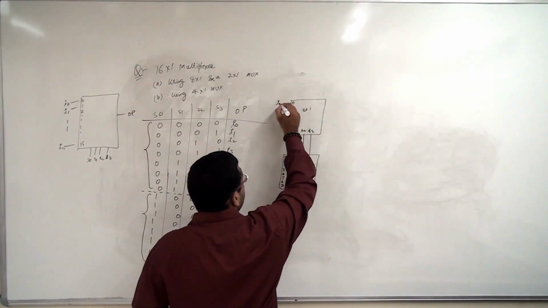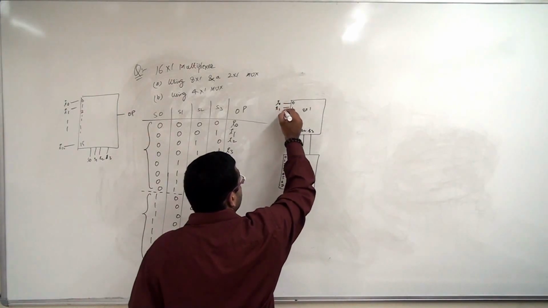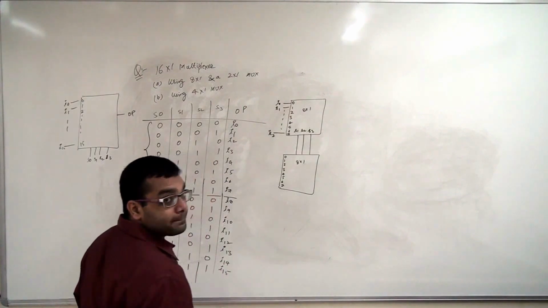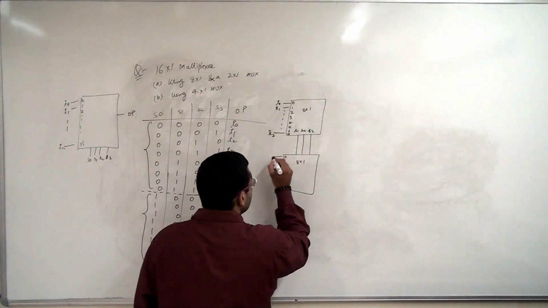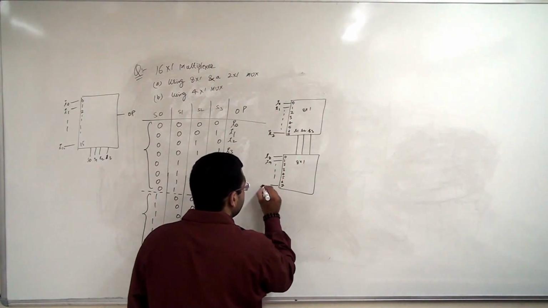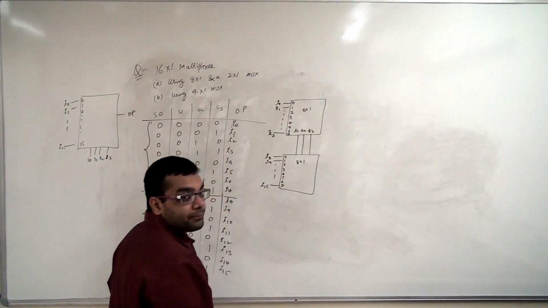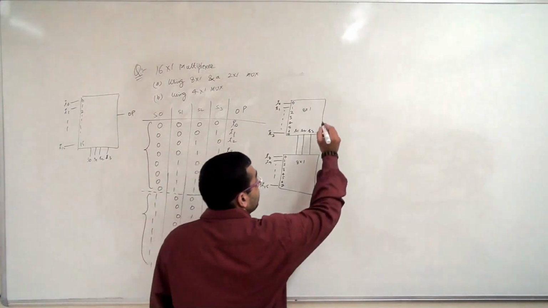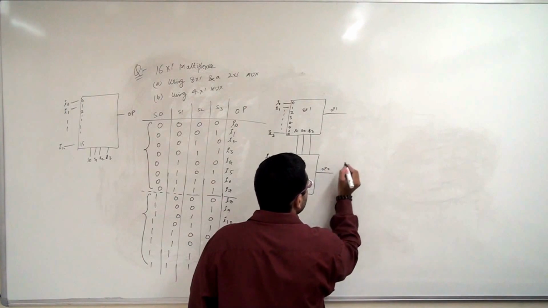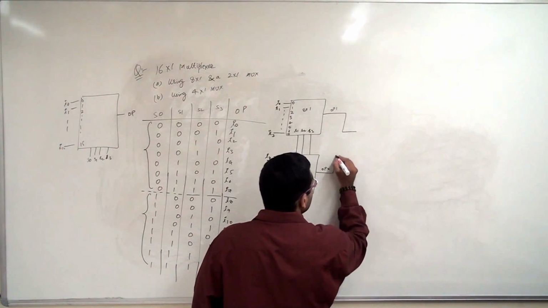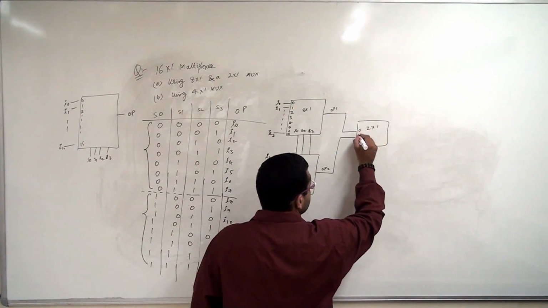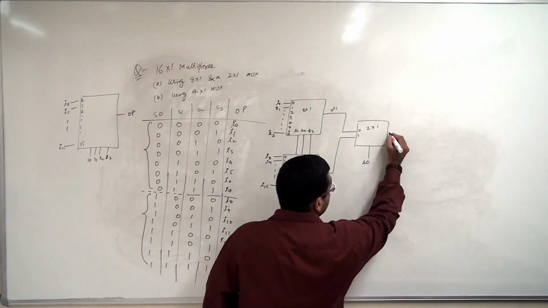Here inputs will go from I0, I1, so on up till I7. That is the first partition. Here the inputs will go from the second partition I8, I9, so on up till I15. Now whatever the output, say I call this as OP1, this I call as OP2, these are fed to another 2 cross 1 multiplexer whose select line is S0, and this is my final output.